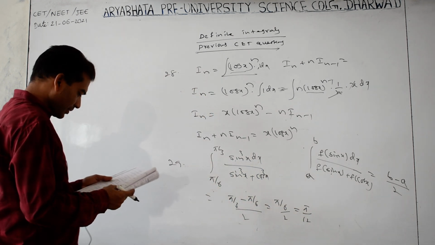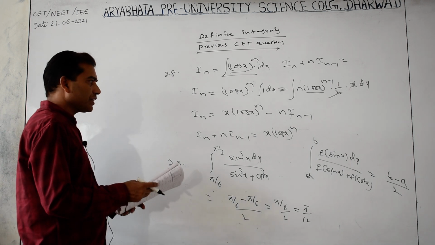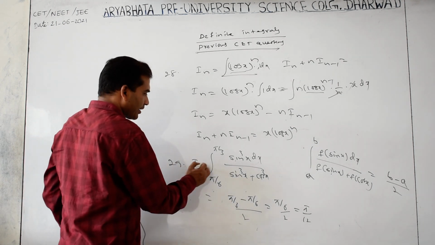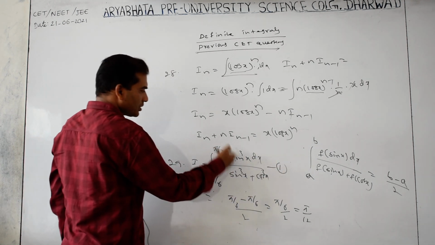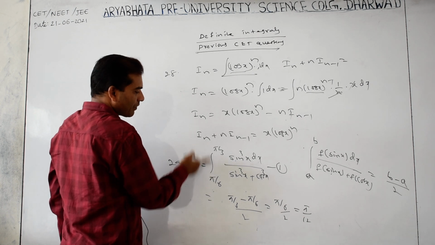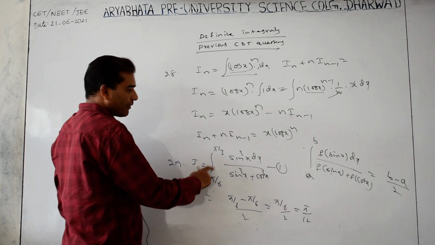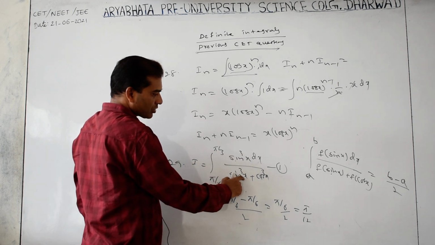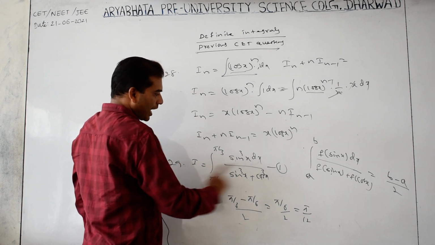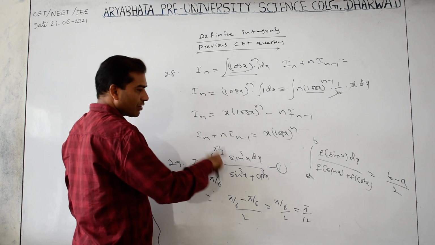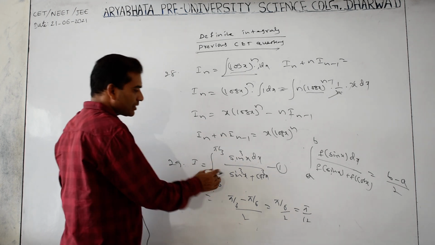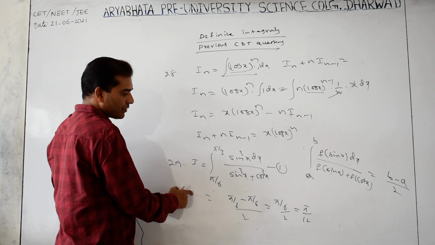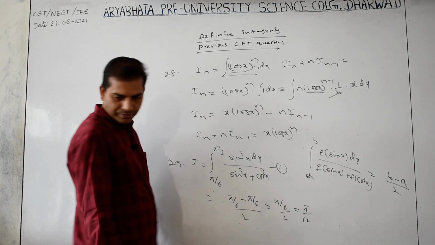This is understood. If you want the theory method, let this be I, equation 1. Apply the property: integration of a to b f of x dx equals f of a plus b minus x. Here cos cube x and sin cube x, both will cancel when you add. Integration of 1 dx means upper limit minus lower limit, here we will get 2a when you add. Take that side.